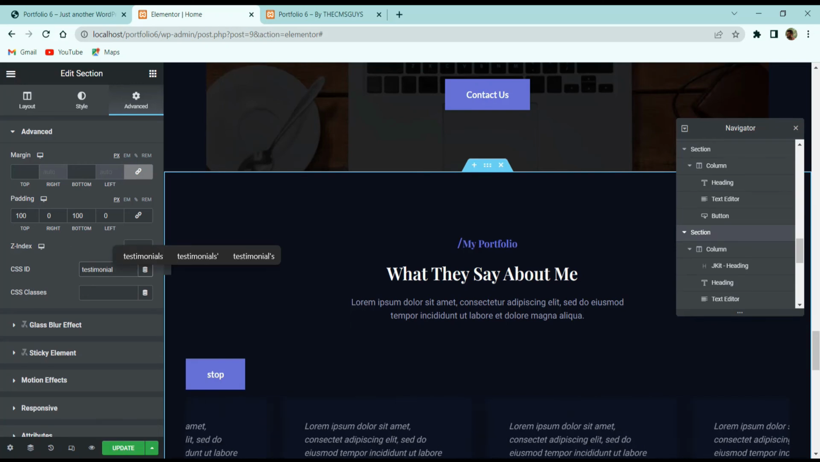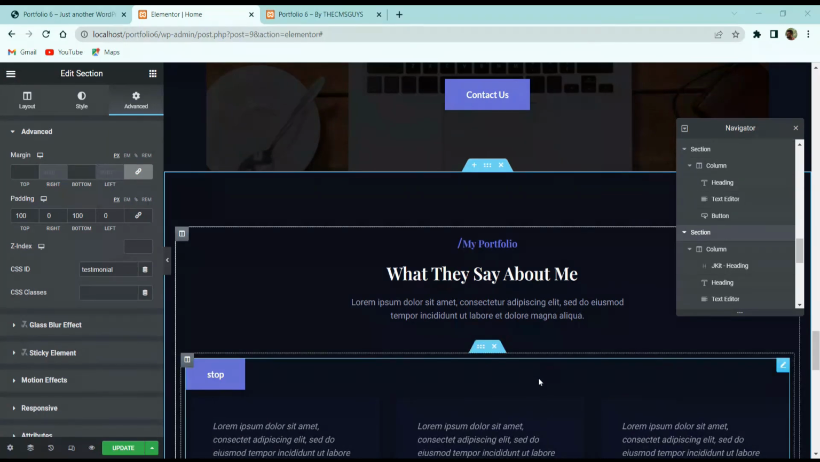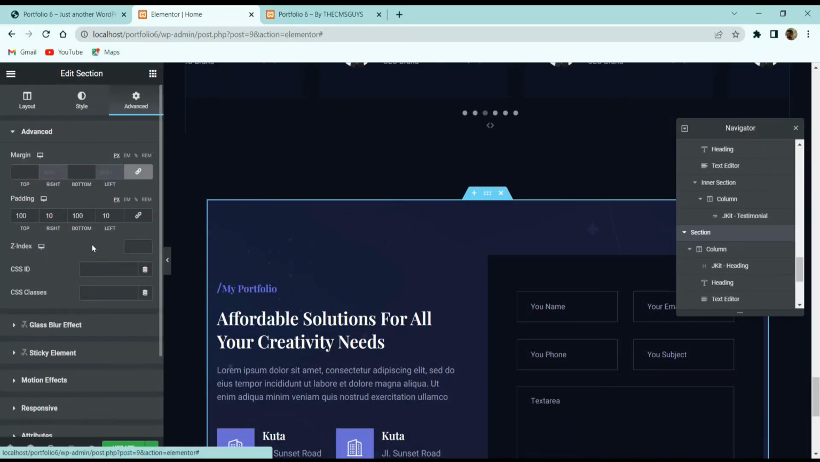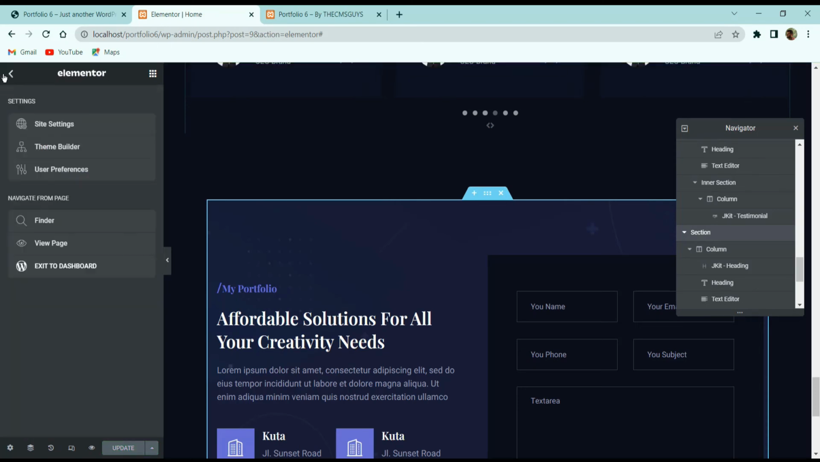And then after this testimonial I need to have one contact. So let's go to this section, and in the advanced tab, CSS ID, give it contact. So we have given this CSS ID for creating one page scroll. So now I will click on these 3 lines and click here on exit to dashboard, and I will go